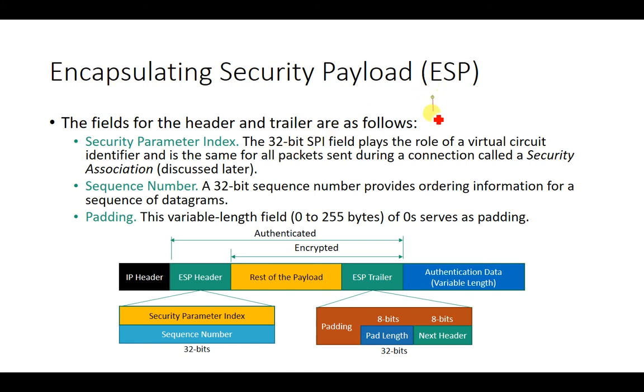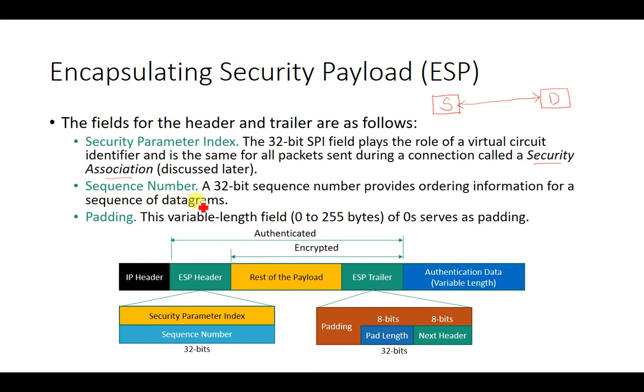So generally what happens, we know that the network layer provides a connectionless service between the source and the destination. To make security possible, it needs to be connection oriented. So how will the connection oriented service be maintained? It will be maintained by the concept called security association. To maintain it, we have to specify a virtual circuit identifier, and that is specified by your security parameter index. This was already discussed in AH.